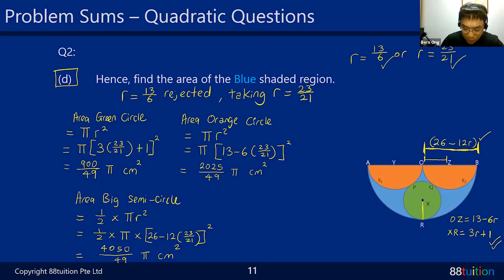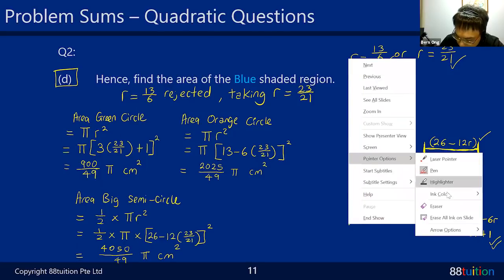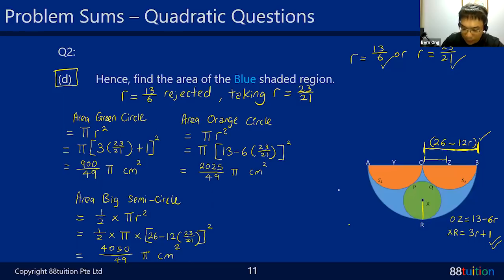All right, so how do you combine? Let me try to change color. Okay, let me change to white color. So area of blue will be what? Area of blue will be equal to the big semicircle, 4050 over 49 pi, minus the area of the small green circle, 900 over 49 pi, minus away the two orange semicircles, which is